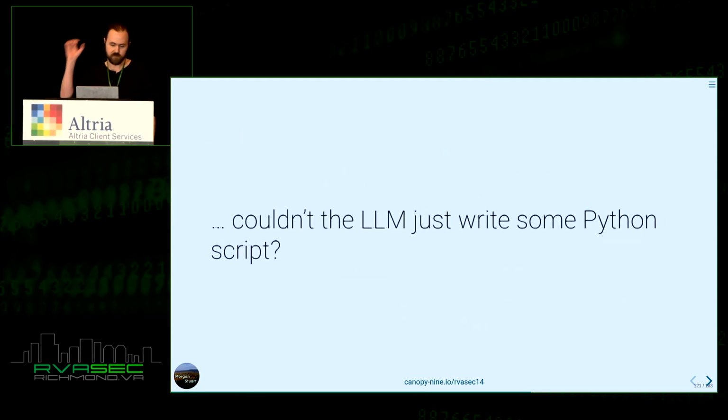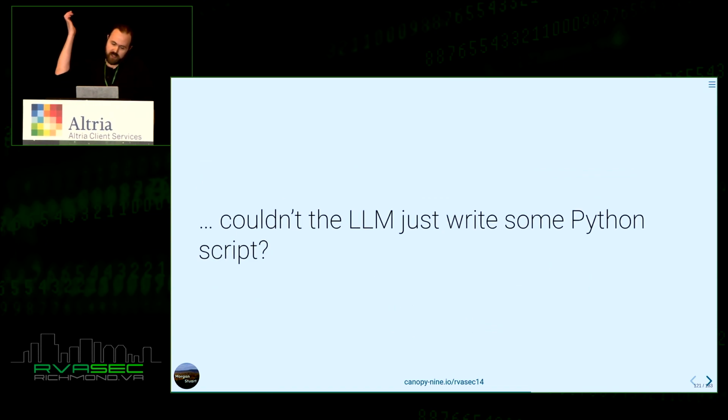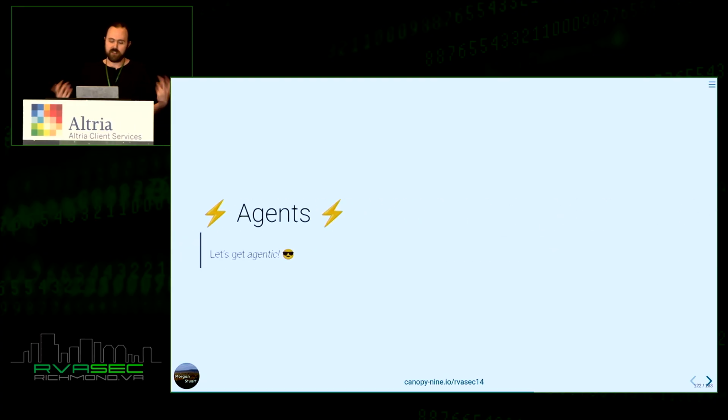This is cool. So you're probably like, couldn't it just write Python code? The Python implements divide, subtract, add, all these kinds of things. Why do we have to implement these tools for all my LLMs? Now you're starting to think in the terms of agents and agentic thinking, so we'll get to that.